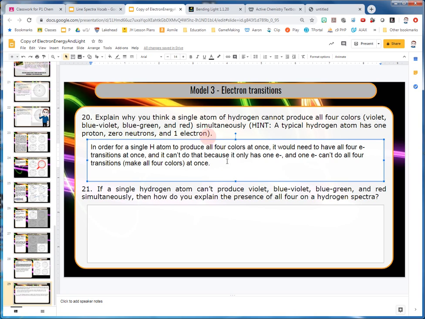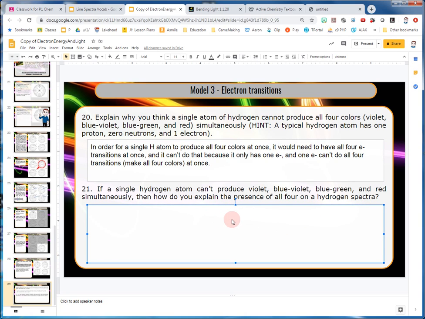21. If a single hydrogen atom can't produce violet, blue, green, and red simultaneously, then how do you explain the presence of all four on a hydrogen spectra? Darn it! I gave away the secret ending, didn't I? Do you remember what it is? If a single hydrogen atom can't produce all four, and we're getting all four in the hydrogen tube,